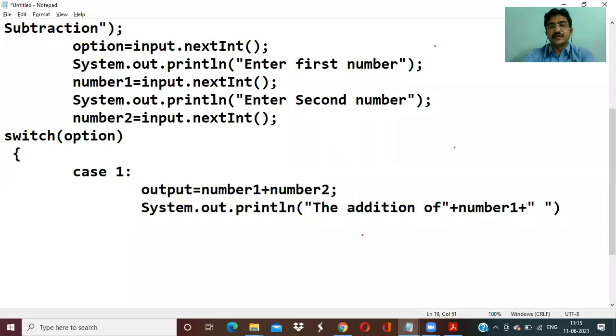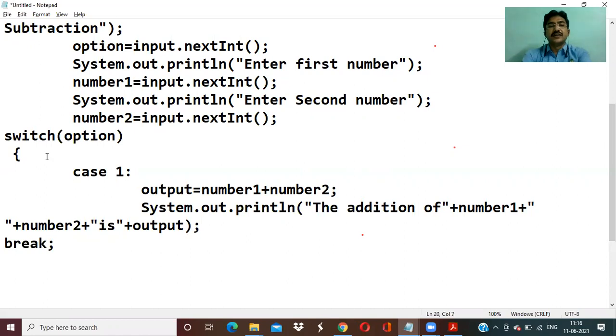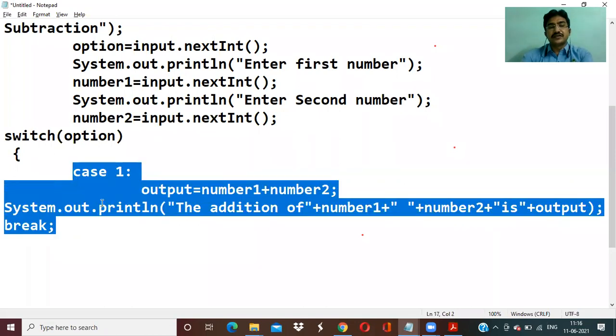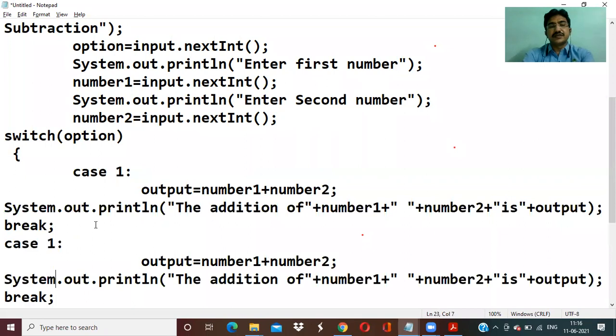The addition of number1 plus number2 is, and the output. And break the statement because it is a switch, right? So we have to break the statement. This is for addition.